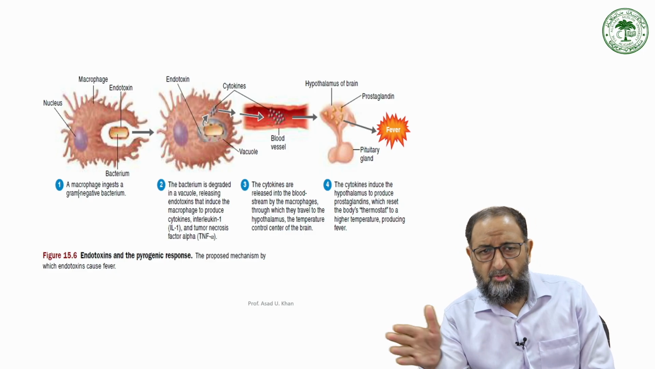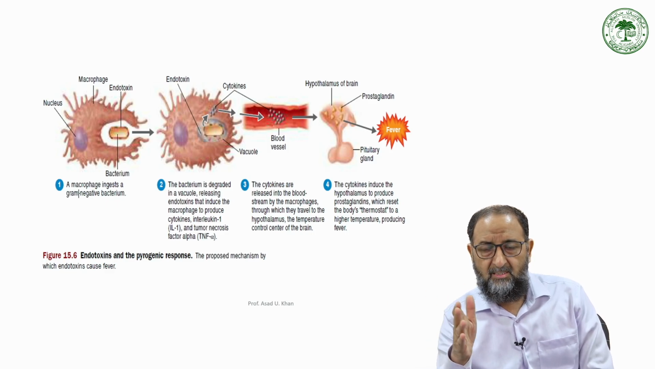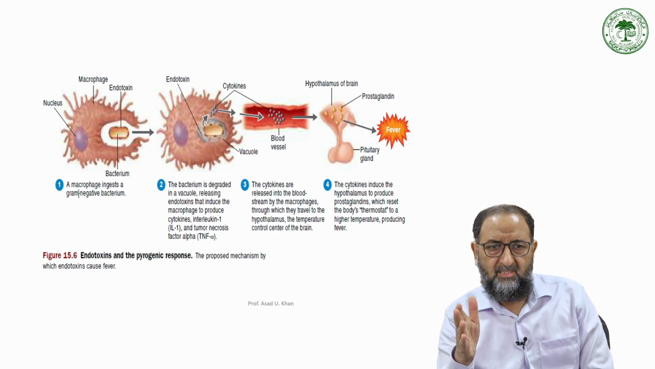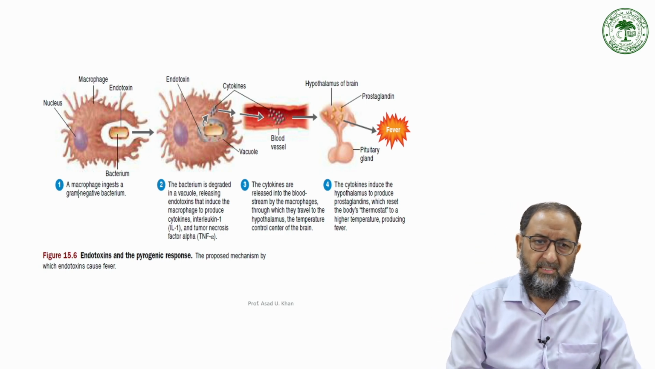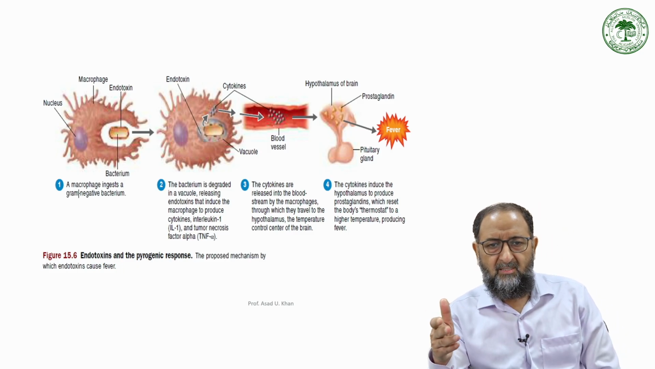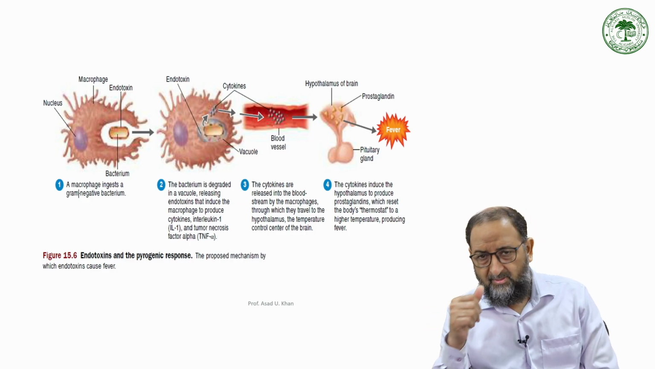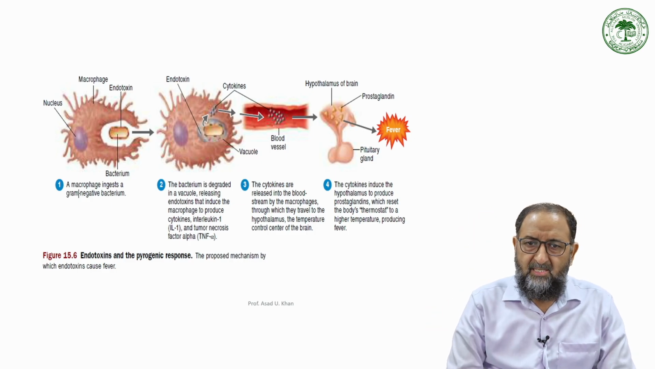So the process of this pyrogenic bacteria, the cause of toxin effect, is basically when the macrophage ingests these bacteria and the bacterium degrades the vacuoles. After degrading the vacuole, they release some endotoxins that induce the macrophage to produce cytokines, like interleukin IL-1, then tumor necrosis factors, TNF alpha, gamma, and these cytokines are released in the